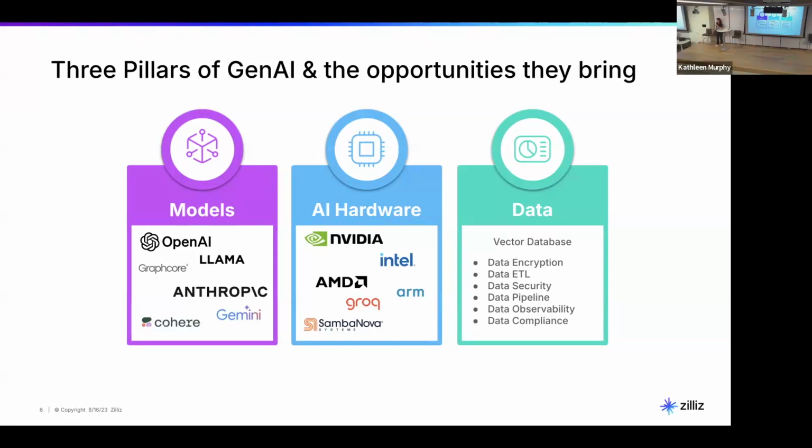But really, the need for so much hardware and such powerful hardware is because of the models, right? These foundation models are giant. They need a lot of computation. And guess what else they need? They need a lot of data. And under the data realm, of course, is where we sit as a vector database. But I'm here to hopefully inspire you to consider that there's actually a lot of tools and a lot of products and projects that are still needed to support the data side of these pillars, right?